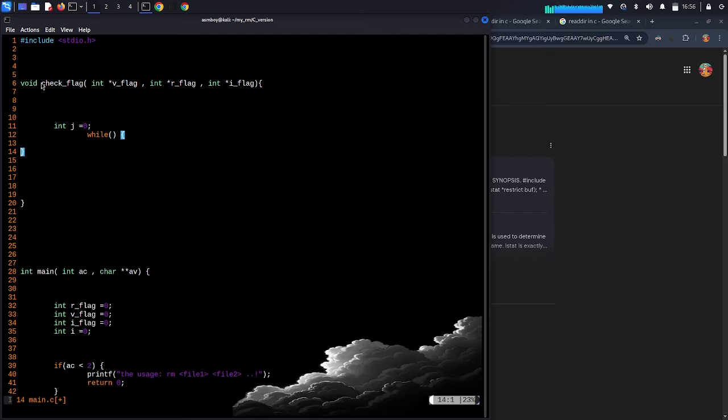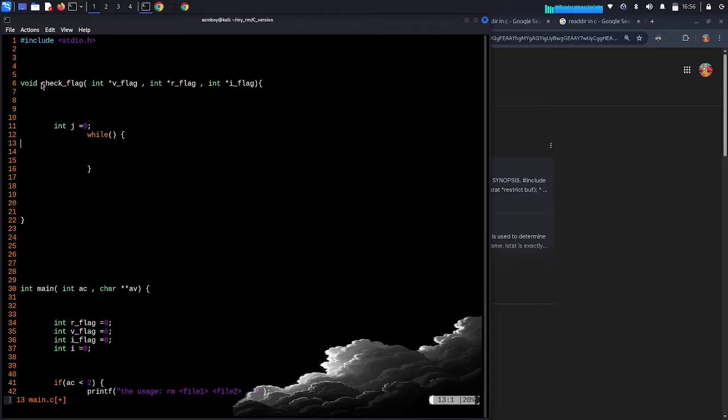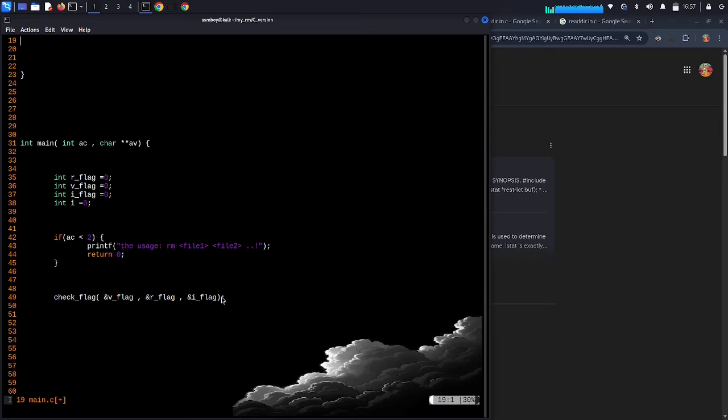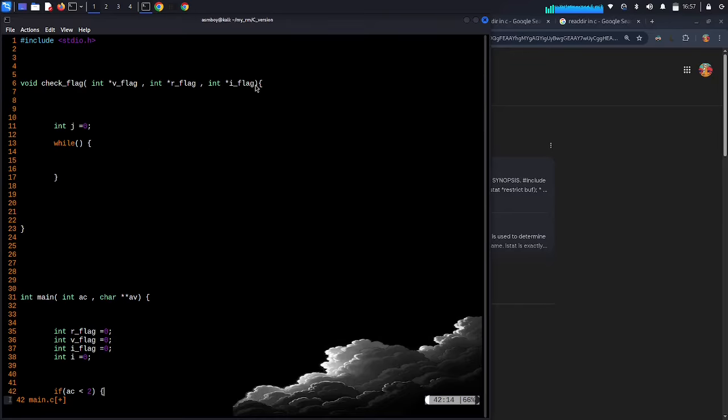So while, let's make it like this. Okay, like this. Alright, good. So while the I need to pass the argument. So here I need to pass the argument to this function in order to loop on them. Alright, so here I need to pass the AV, and here I need to take it as a 2D array,